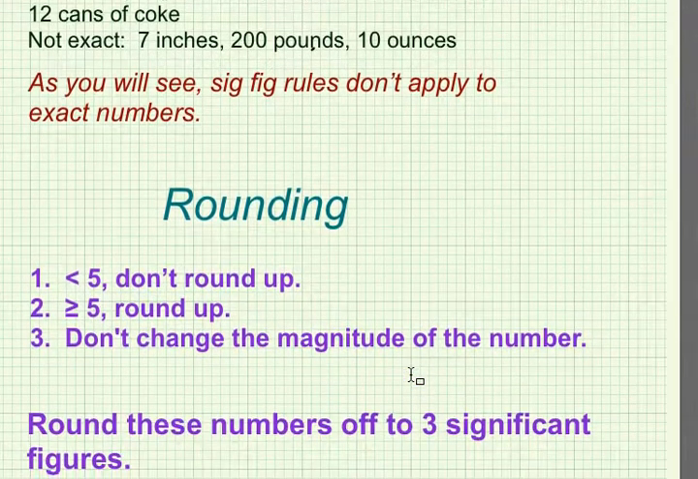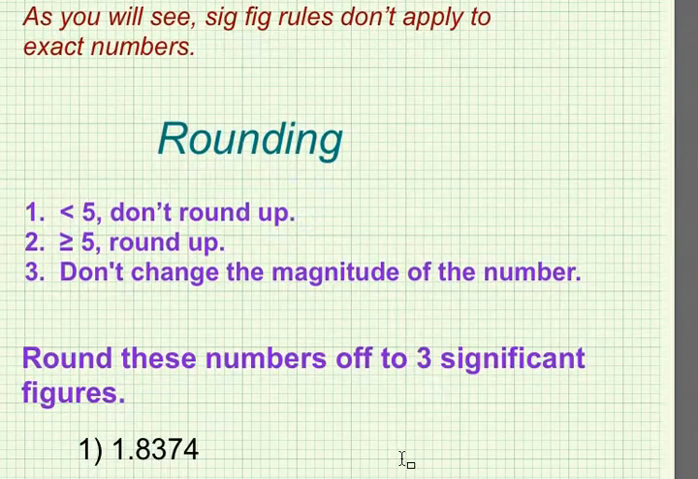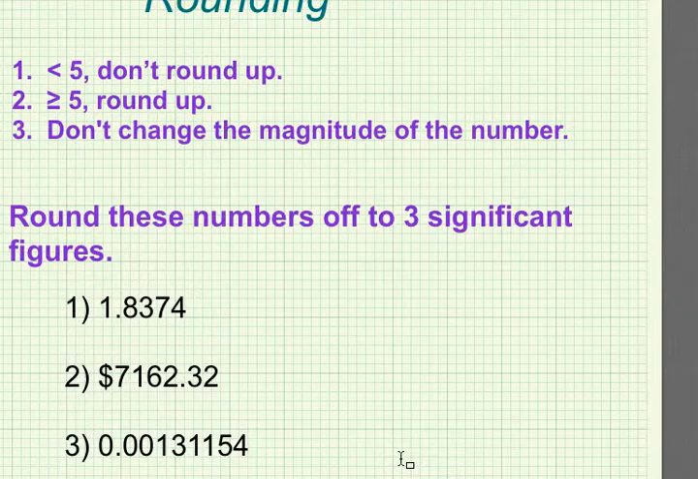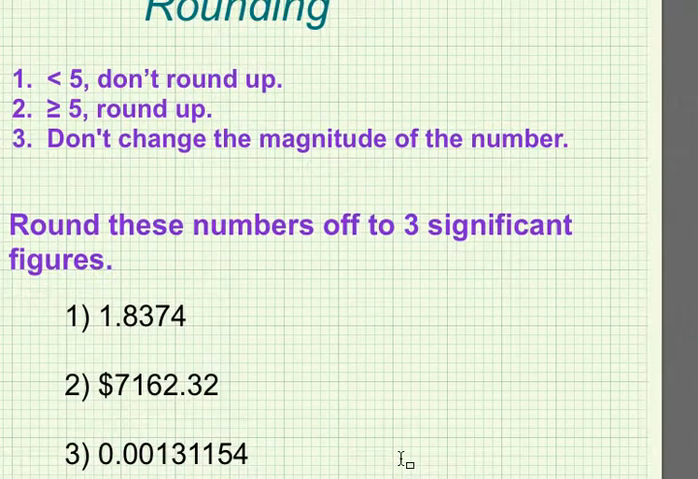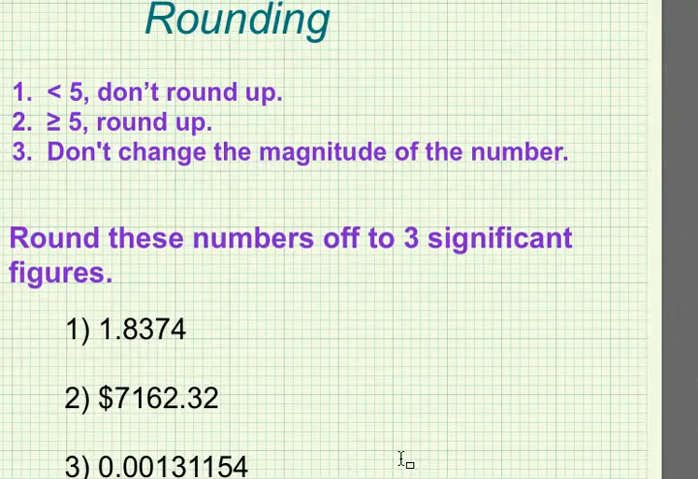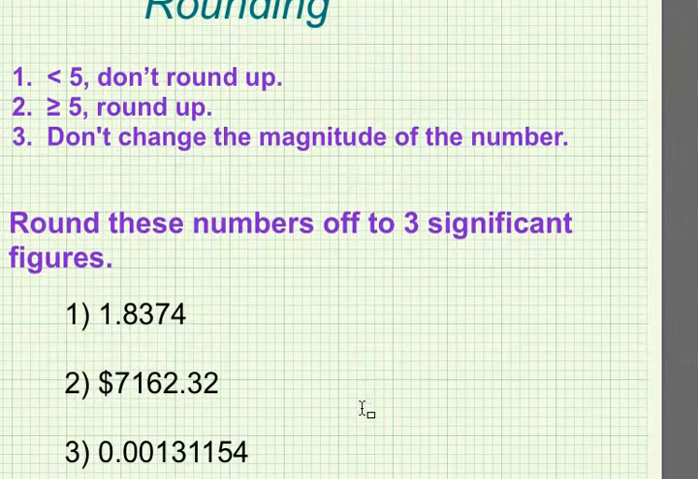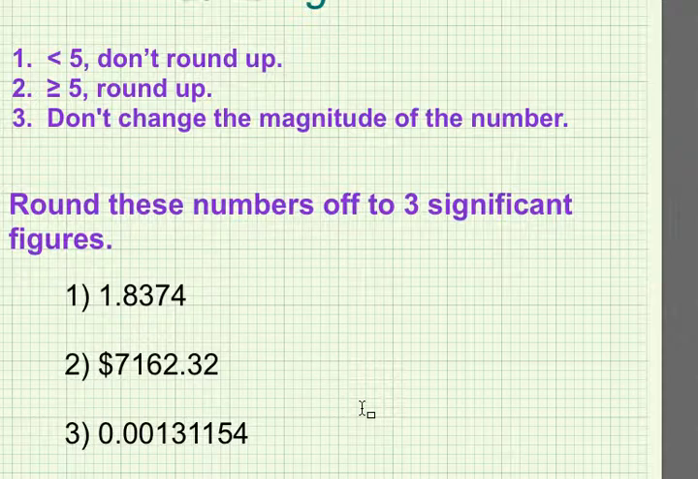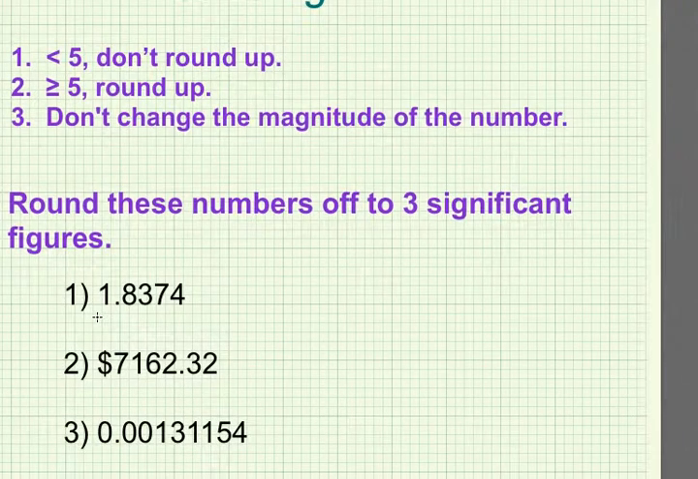All right, and the last thing I want to talk about real quick is rounding, how we're going to round. If it's less than 5, you don't round up. If it's greater than 5, you round up. Don't change the magnitude of the number, and I'm going to show you what I mean by that in a second. All right, so we've got these 3 examples, and I'm going to ask you to round these numbers off to 3 significant figures. So we're going to round them. So I really want my answer to end up with 3 significant figures,